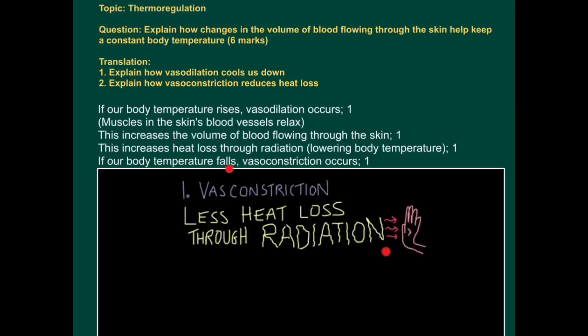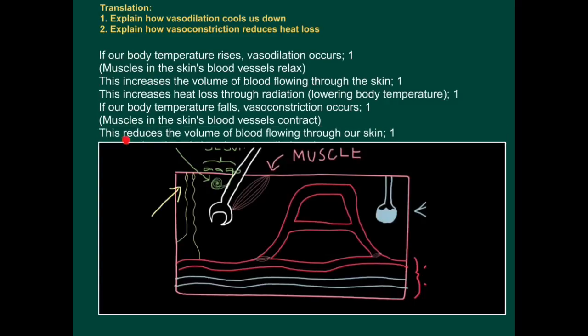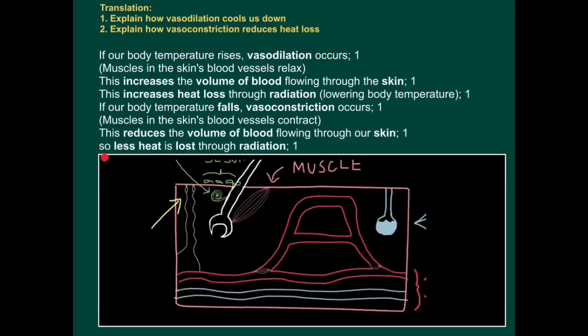If our body temperature falls, however, vasoconstriction occurs. Here, muscles in the skin's blood vessels contract, so this muscle will start pulling and basically constricting or shortening the diameter of this blood vessel, and that will prevent blood flow to the surface of the skin, and it'll have to run deeper. So this reduces the volume of blood flowing through our skin, so less heat is lost through